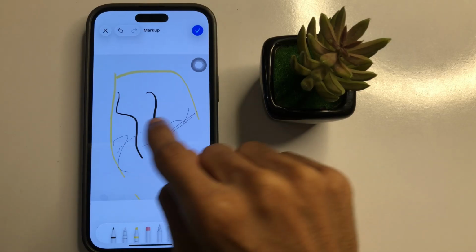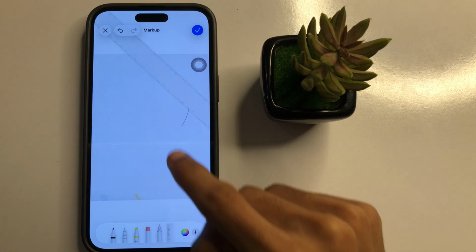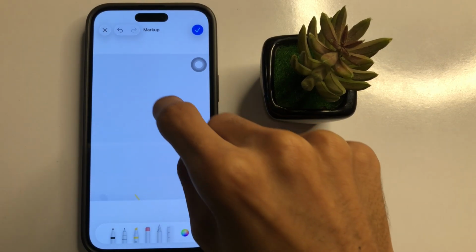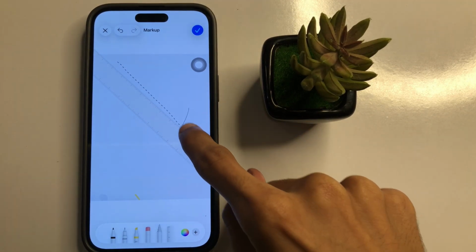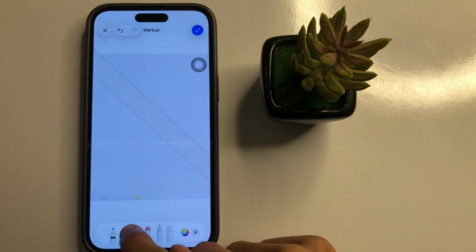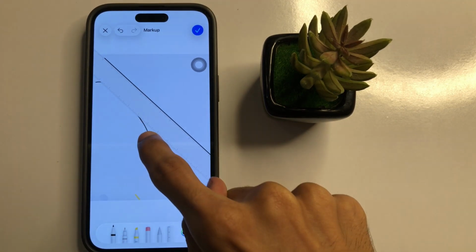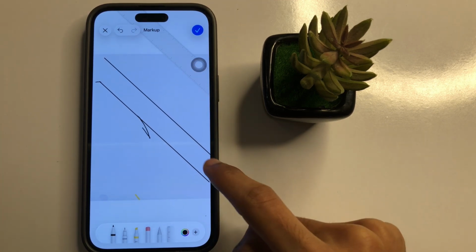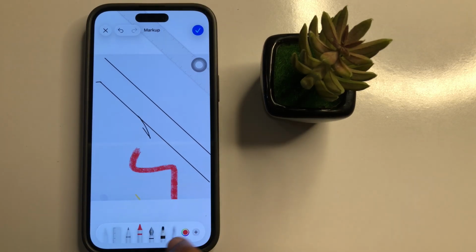You can also delete. You can also use scale to make a straight line. You will see straight line, and you can also use